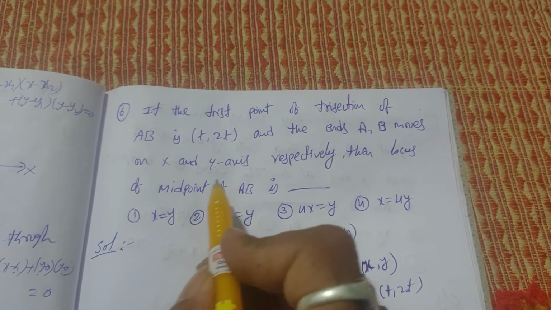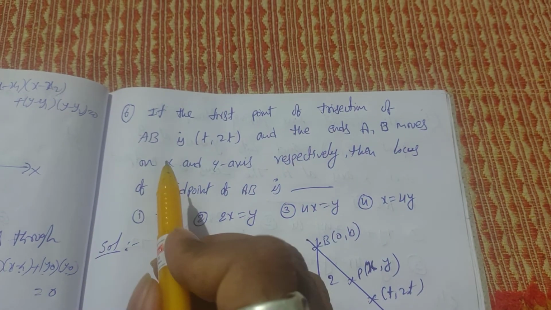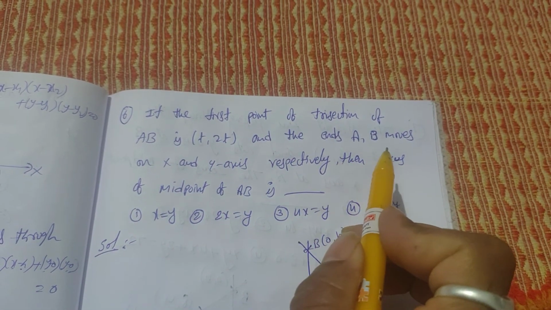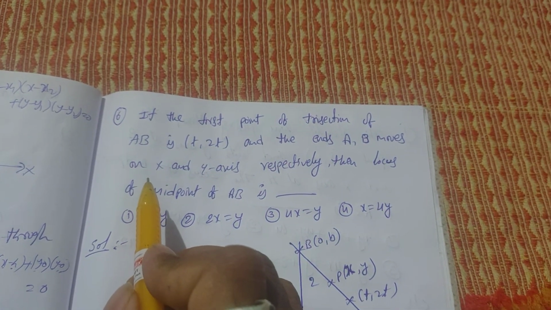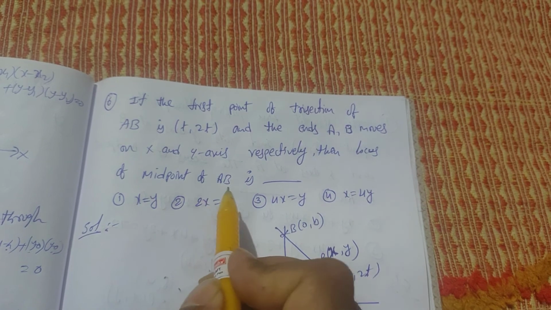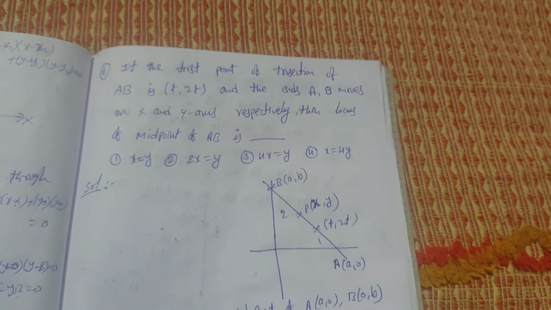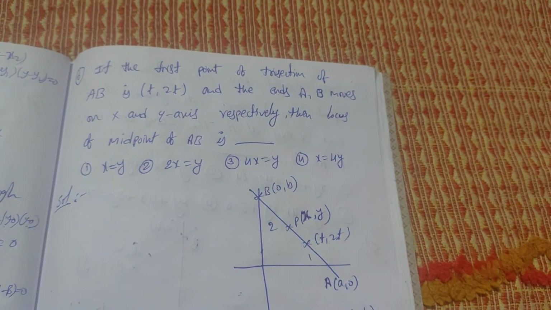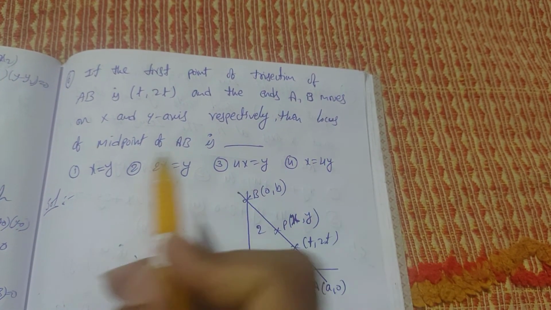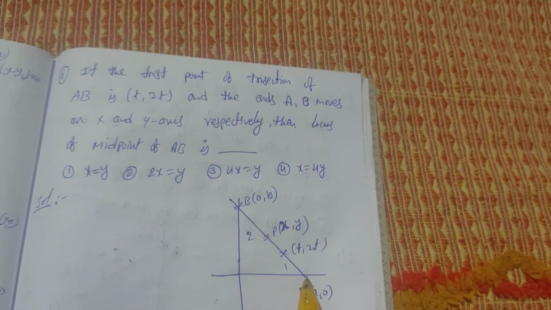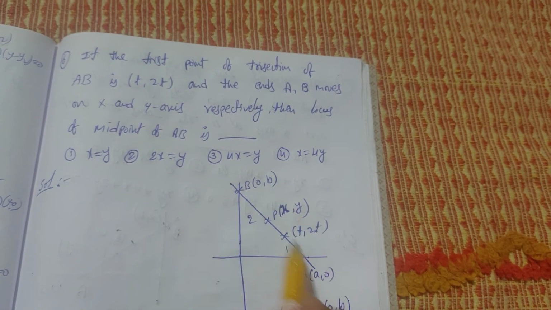Second option. Next, sixth question. If the first point of trisection of AB is t comma 2t and the ends of AB move on the x and y axis respectively, then the locus of the midpoint of AB is. That means A comma B are on the x and y axis. Let A be